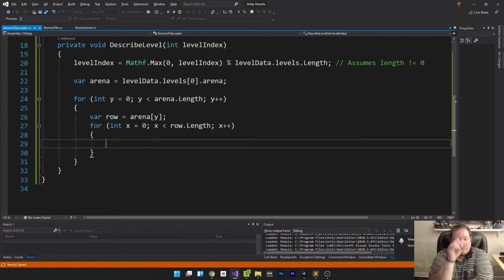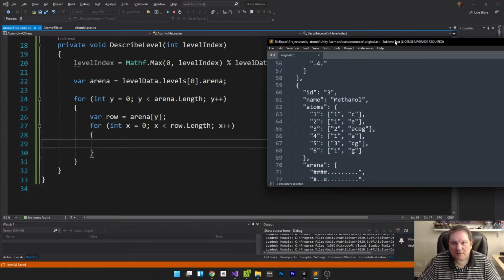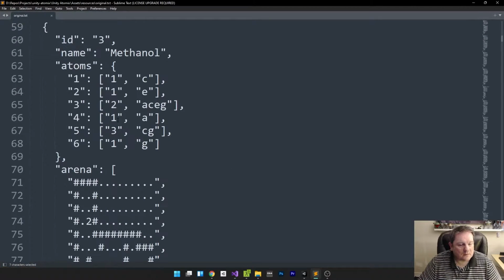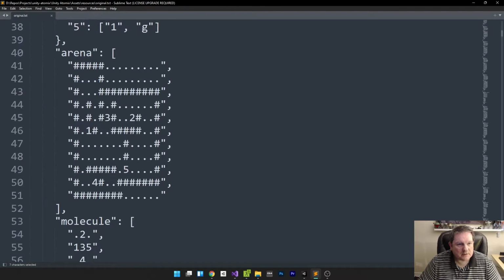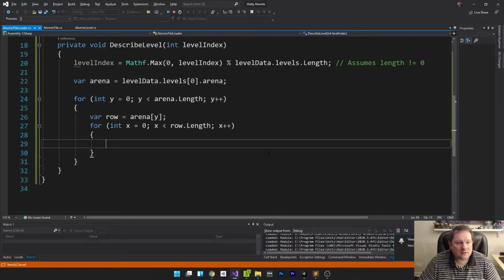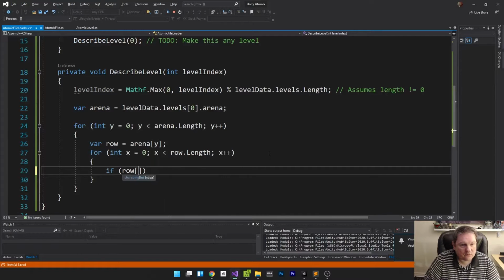Okay, so we're going to go down each and every row. Rather than me talking about it, I can actually show you in here. What this nested for loop is going to do is, for each row in here, we're going to go down them one at a time, and for every row we're going to say, is this character a hash? And if it is a hash, we're going to add a square. Is this character a hash? We're going to add a square, and so on until we eventually get to the bottom of there. So I'm going to say if row[x] equals hash,